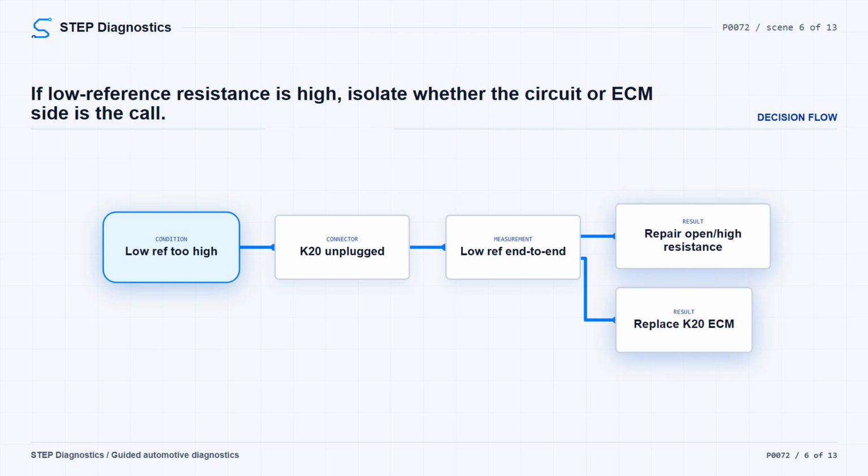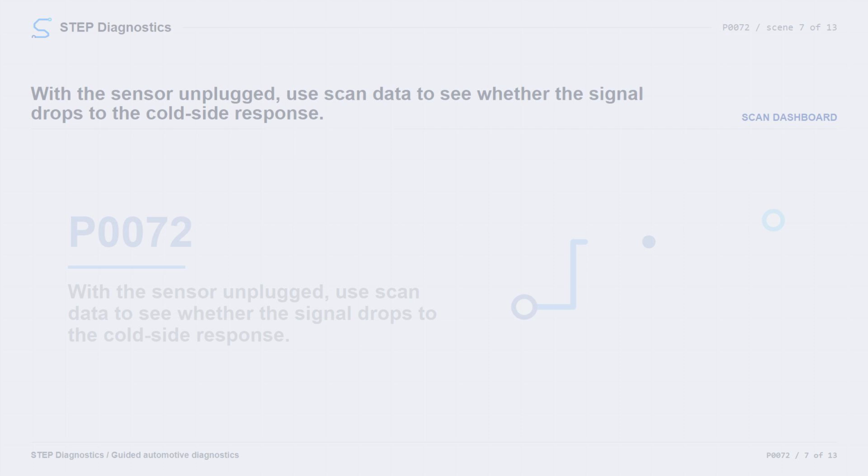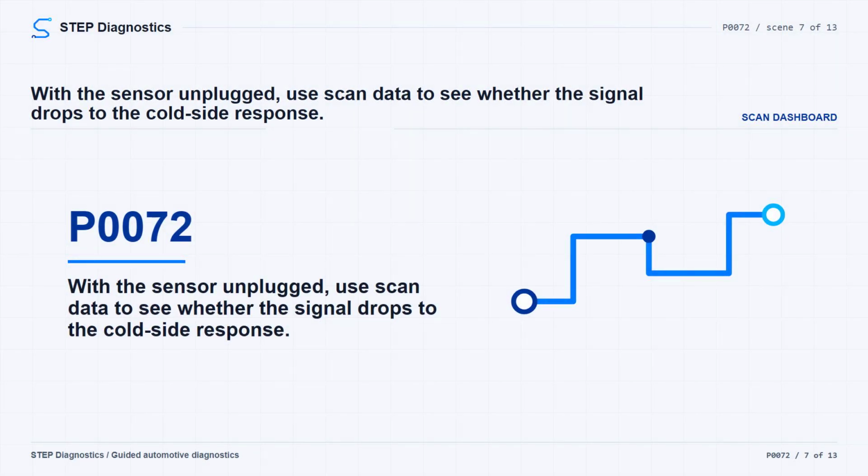If the first low reference test was less than 10 ohms, move on to the signal side checks. Turn the ignition on with the vehicle in service mode. With the ambient air temperature sensor disconnected, the scan tool ambient air temperature should read less than -34 degrees Celsius, -30 degrees Fahrenheit. If it reads -34 degrees Celsius, -30 degrees Fahrenheit or warmer, turn the ignition off, disconnect the